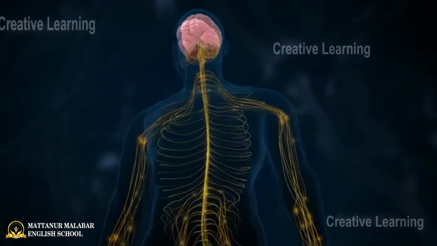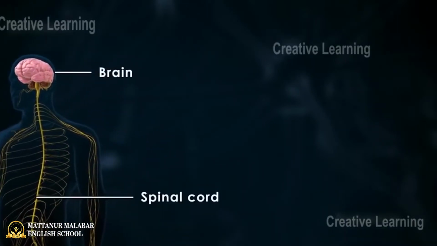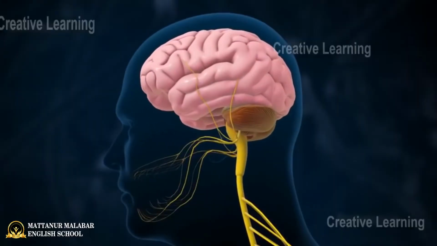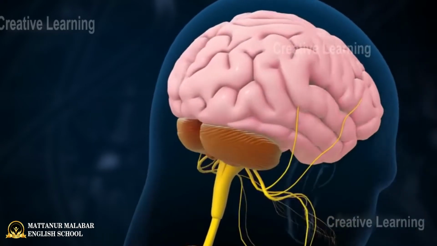Many neurons are there. Neurons are the nerve cells that connect each and every part of our body. When we touch a hot material, we take our hands back, because at that time our brain is saying that it is very hot. That message is passing to our brain. Within a fraction of a second we take our hands back, because our brain is saying that is a hot material, don't touch. That much speed of action is happening in our body because of the presence of our brain and